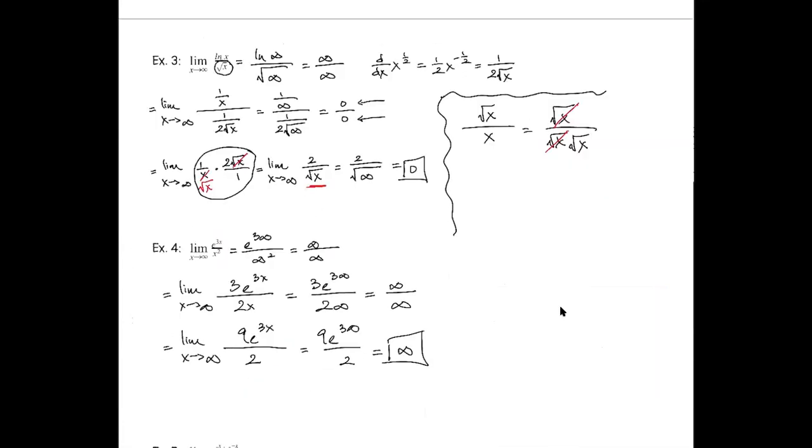All right, so we got one last question here, all right? So I'll give you folks a few minutes to get started on this one, see what you get.